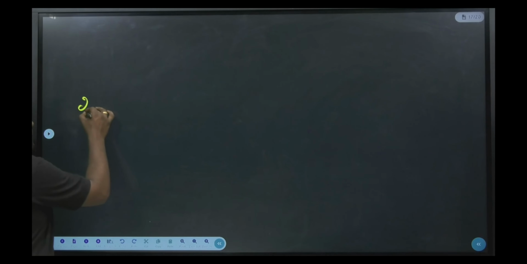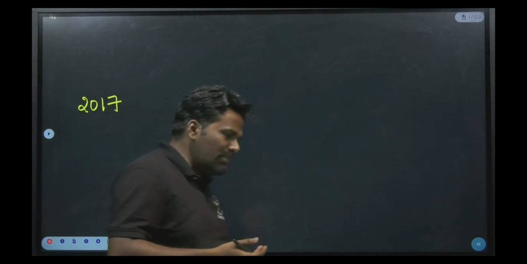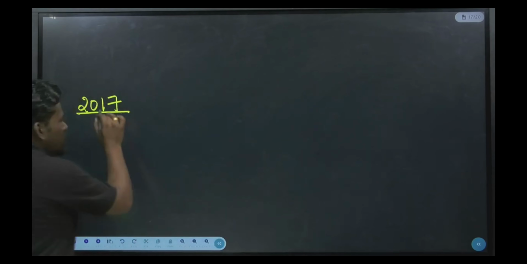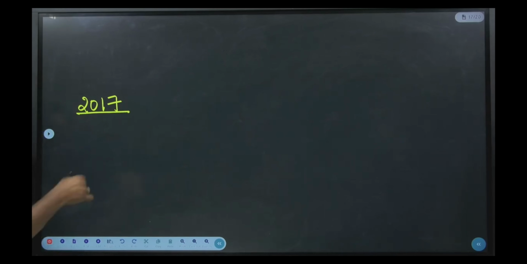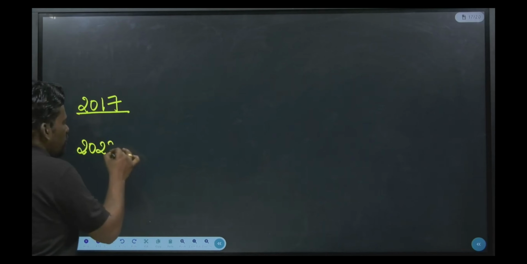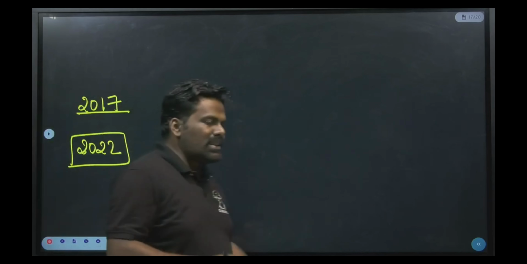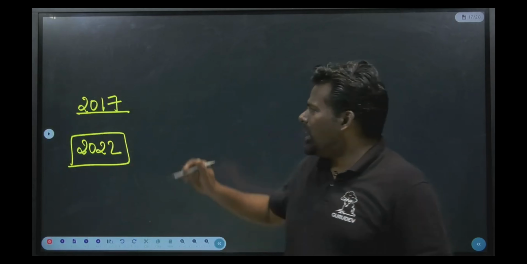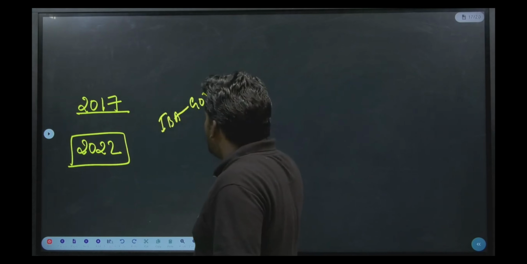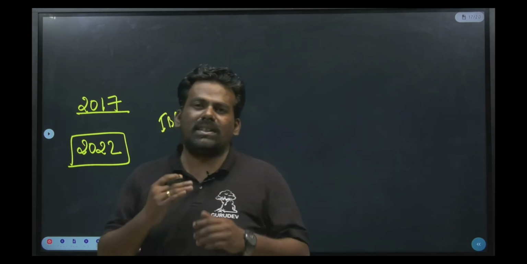See, every 5 years, SBI or the bankers or the people who are working in banks will get a hike. The last hike was in the year 2017. The next hike should have happened in the year 2022, but this hike is not yet implemented because there is a discussion happening between the Indian Banks' Association and the Government of India regarding how much percentage hike should be given, correct? So that negotiation is happening.